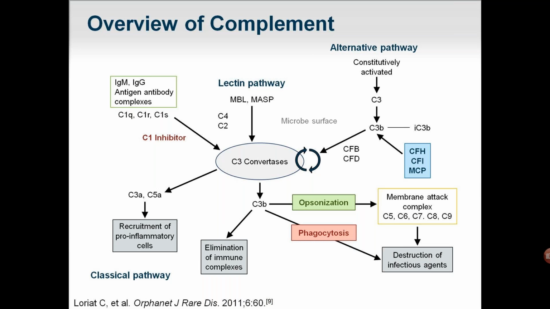Central to the pathogenesis of atypical hemolytic uremic syndrome is a disorder of the complement pathways. Complement activation occurs by three pathways: the classical pathway, the lectin pathway, and the alternative pathway. The alternative pathway is in a continuous state of low-level activation, which is called the tick over, in which complement factor C3 is continuously converted to C3b.